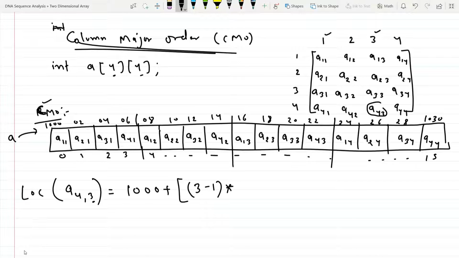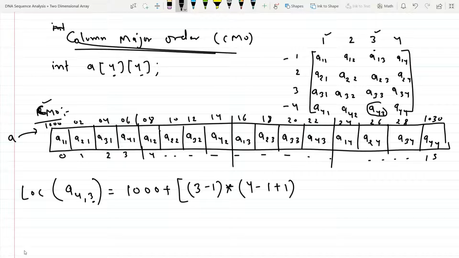And how many elements are in each column? In the first column 1 2 3 4, and in the second 1 2 3 4, so ultimately 8 elements. In the first column the number of elements is 4. How is it coming? 4 minus 1, so it is 3, plus 1, meaning number of rows, and the number of rows is equivalent to the number of elements in each column. So like 4 minus 1 plus 1. So these many elements we have just crossed, meaning two entire columns we have just counted.